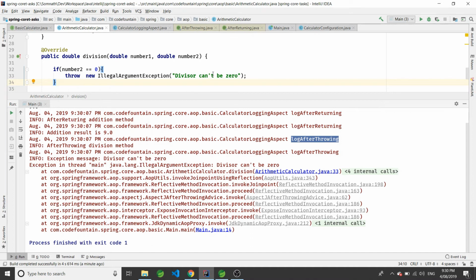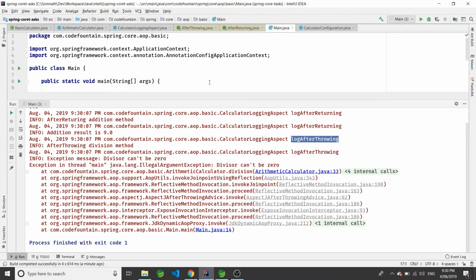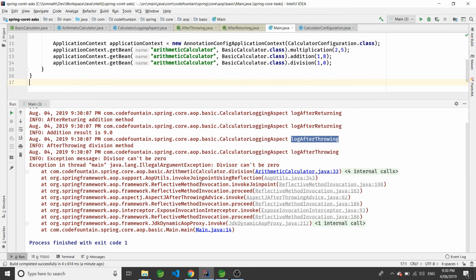This exception is thrown back to our caller code, and since it is not handled, eventually it falls back to our main call, and here it just gets printed. But what we can see is we have the ability to get the exception, and we can do whatever we want to do with it.